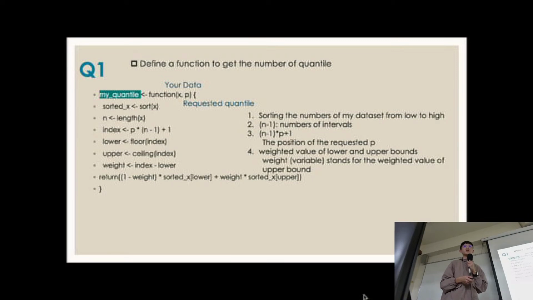You just need to find that location. Why do you need the lower again? The lower is the index, right? And then the index for the sorted x should already be that lower bound. So why do you need to multiply with 1 minus weight? I don't get that. I see, because I use the